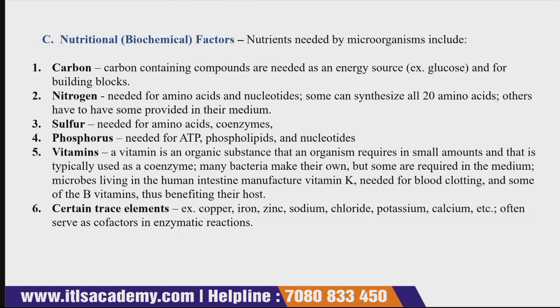Certain trace elements, for example copper, iron, zinc, sodium, chloride, potassium, calcium, often serve as cofactors in enzymatic reactions. So again, biochemical factors are also needed by microorganisms for their proper